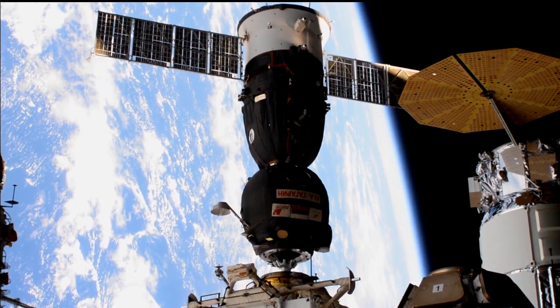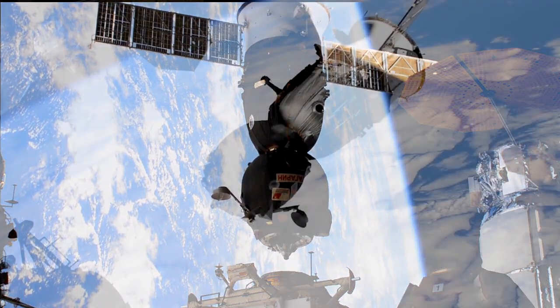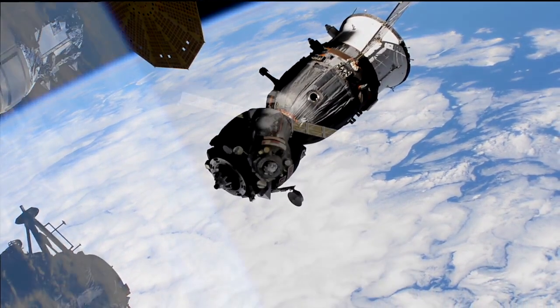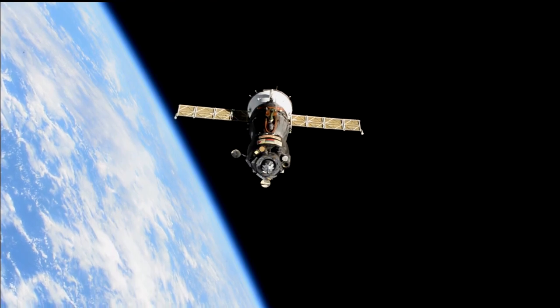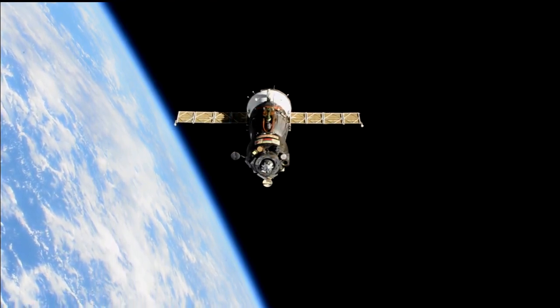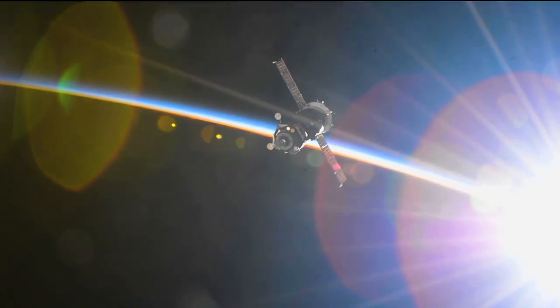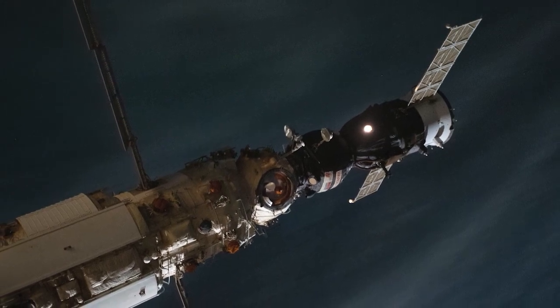On Tuesday, September 28th, NASA astronaut Mark Vande Hei and Russian cosmonauts Oleg Novitsky and Pyotr Dubrov took a short trip inside the Soyuz MS-18 spacecraft, relocating it from the Razviet module to the Nauka multi-purpose laboratory module. This relocation opens a slot for the Soyuz MS-19 to dock following its launch October 5th from the